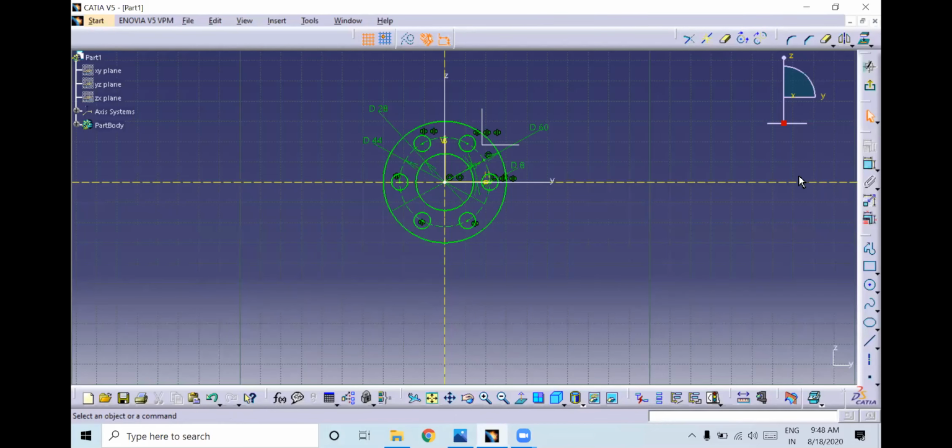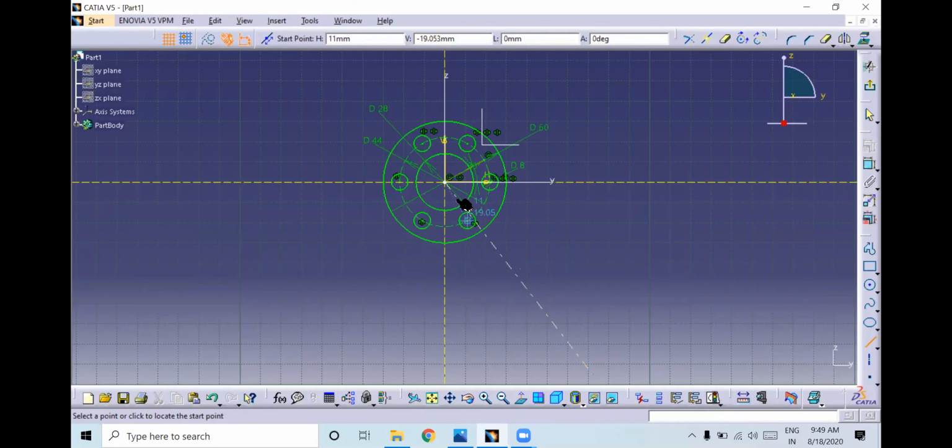Select the axis from this point to this. While selecting it, see, it is highlighting, right? If you create by clicking here, it will be constrained with respect to that small hole. So whenever you are creating, it should not highlight anything here. Like this.